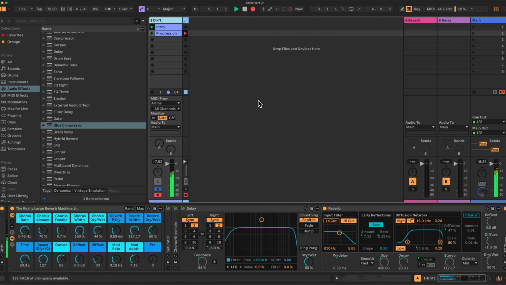So in my last Ableton tutorial, I showed you how you could build a rack using the hybrid reverb and use it to get these large cinematic sort of ambient reverbs. And I promised that I would revisit this using the basic stock effects you get in Intro and Standard